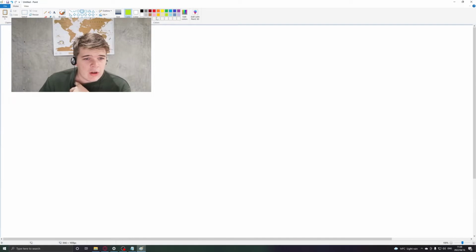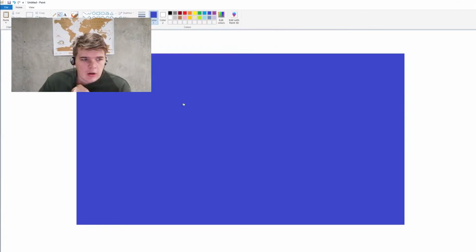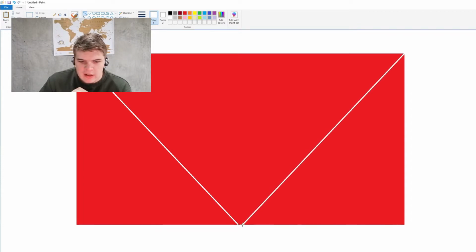So let's make it a base blue. Then there is it a base blue? I think it's a base red. No, I'm already getting it wrong. I think it's red, and then there is a line going in white. There's a line going from here to here in the center, and from here to here in the center, and then they make like a beautiful